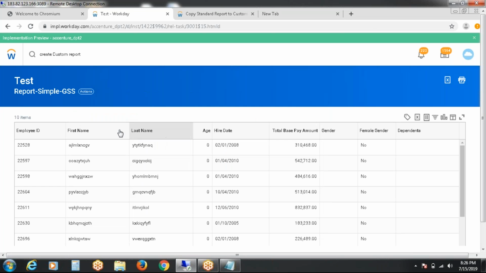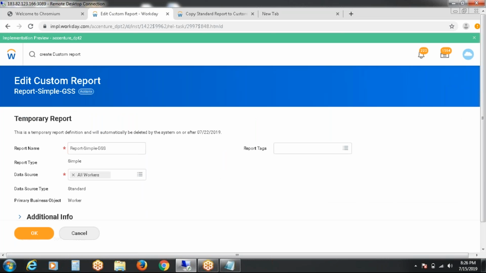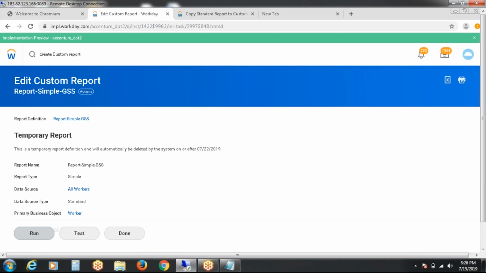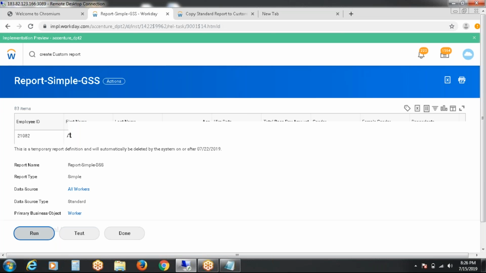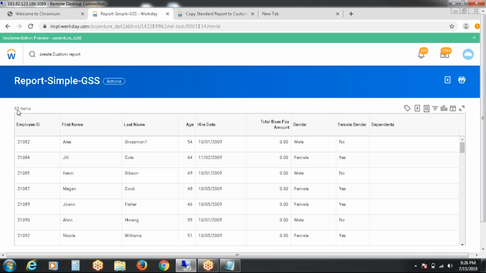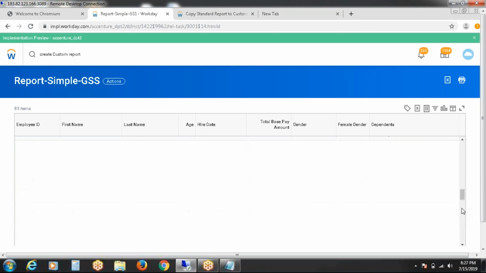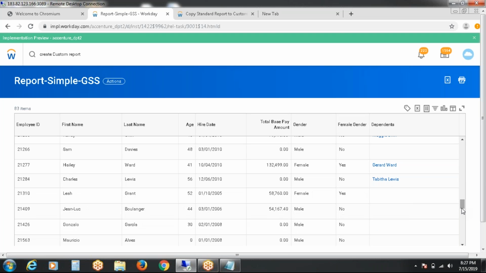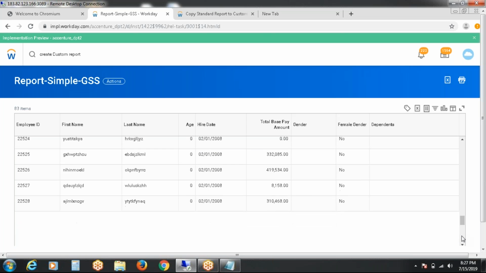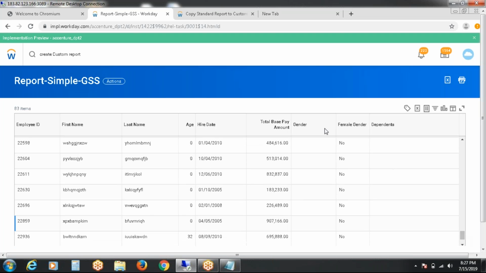So this is about a simple report. There will be no particular things. Run the report. How many came? Out of 737, only 83 came. I mean, the guys who joined in between 2005 to 2010. So these are the employees. In 2005, only one employee that we have seen here. Like this, we used to do filtration and all. So with a simple report, we can do only this part itself.